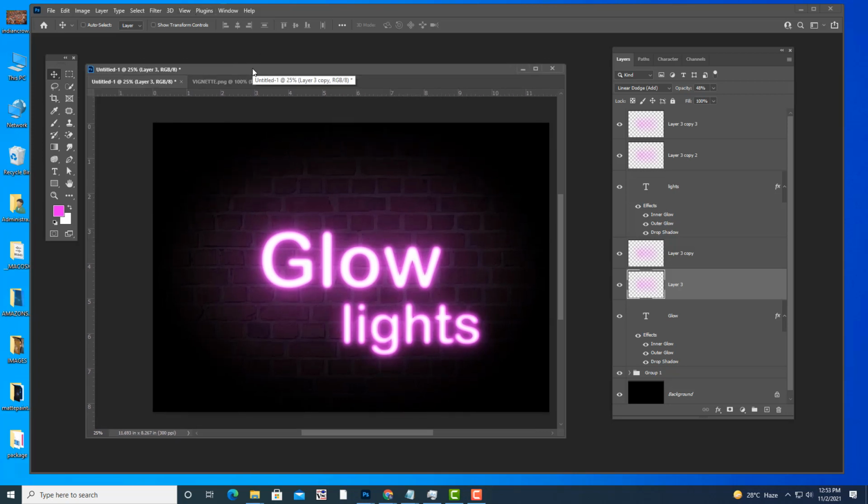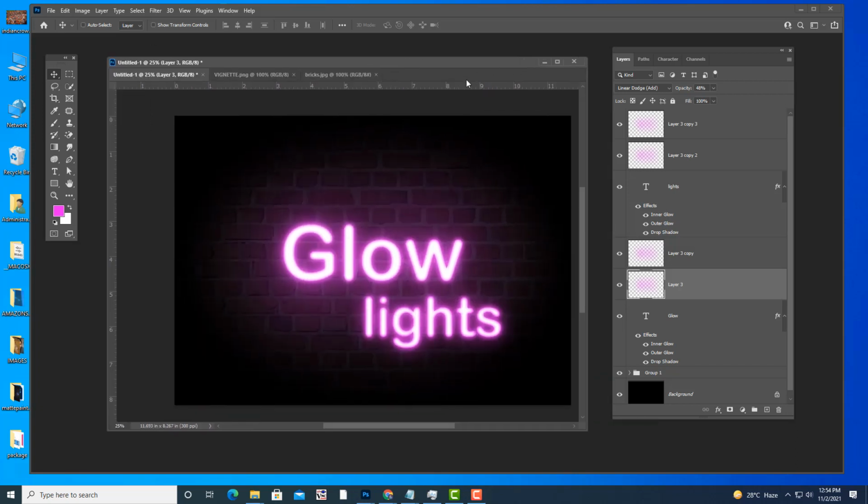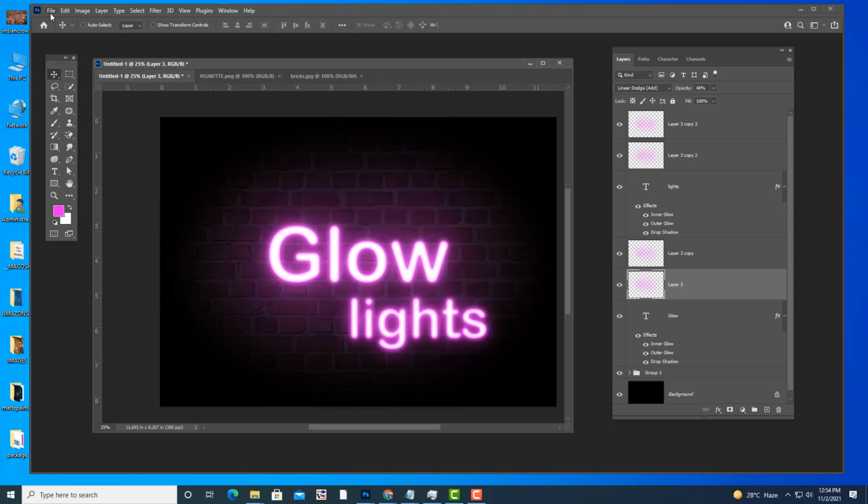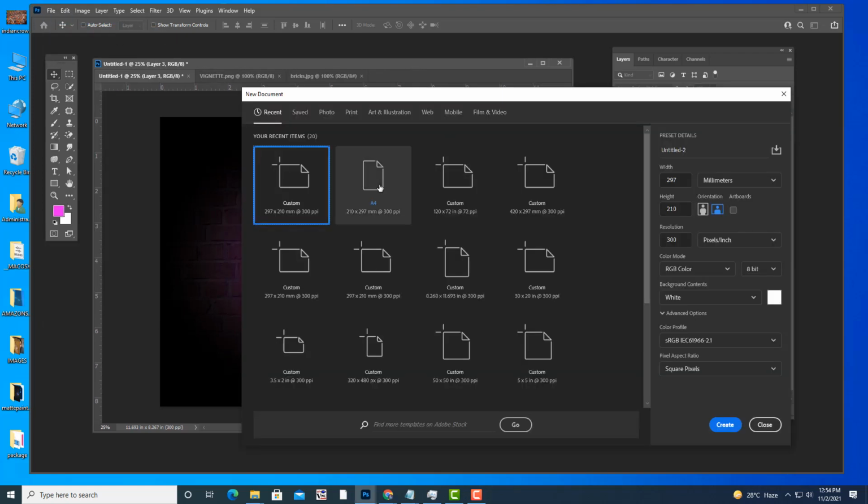And most important thing, vignette background. Try to use a vignette background. With a normal background you won't get that effect. The reason we used the neon vignette background is that the light from the text is falling on the walls. That type of effect we have to create. So that is the reason why I have taken this bricks background. Right. So now we understood what the neon glow effect is. So let's start the new things.